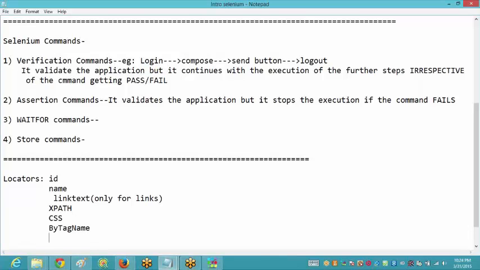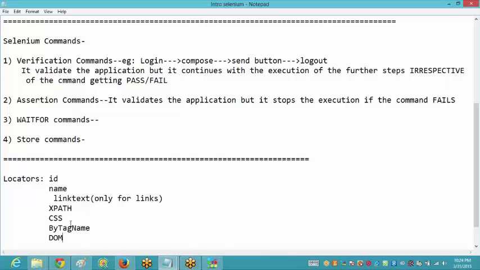And the last one is the DOM, whatever you want to say. Now, the order in which I have written these locators, they are followed in the same order only. So these are their order of preference.